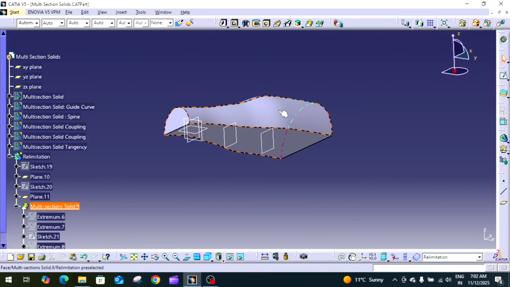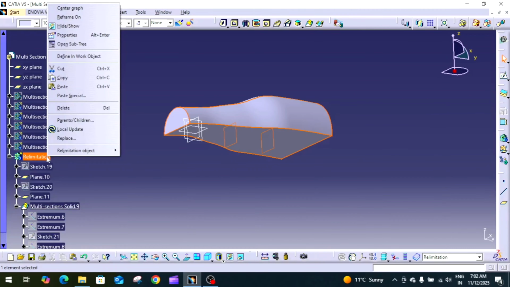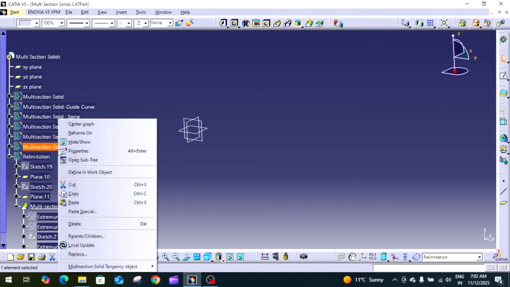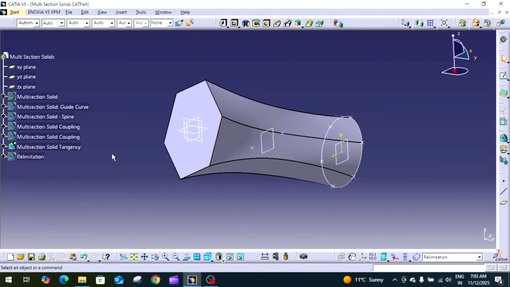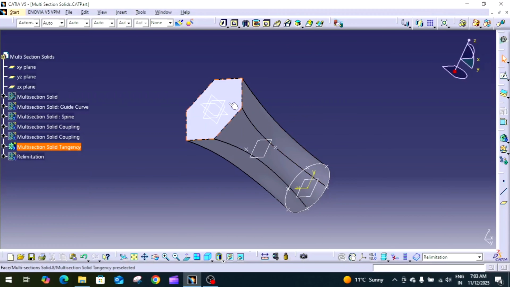So that's how you use coupling and relimitations in multi-section solid feature of CATIA V5. The remove multi-section solid feature is the same as we use the add multi-section solid. For that, in this multi-section solid we will create the remove multi-section solid. For that, what we will do,